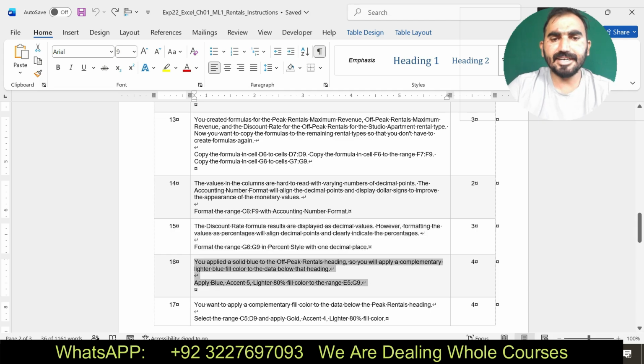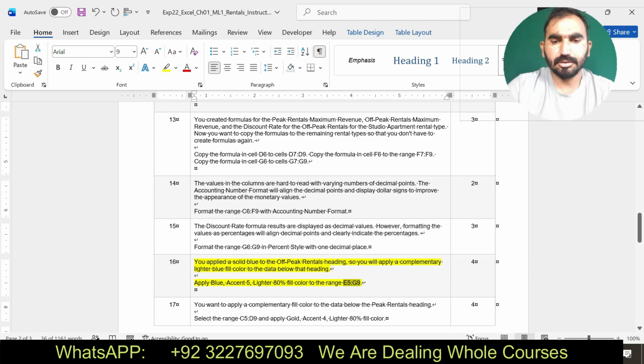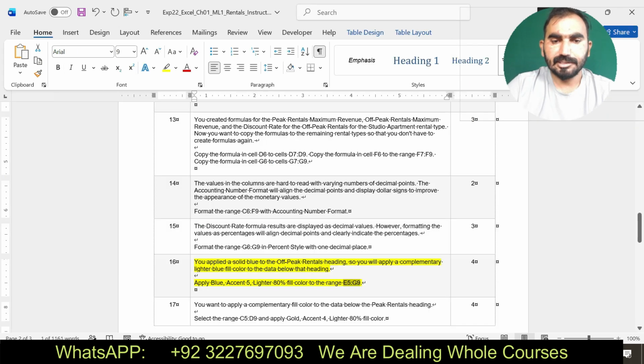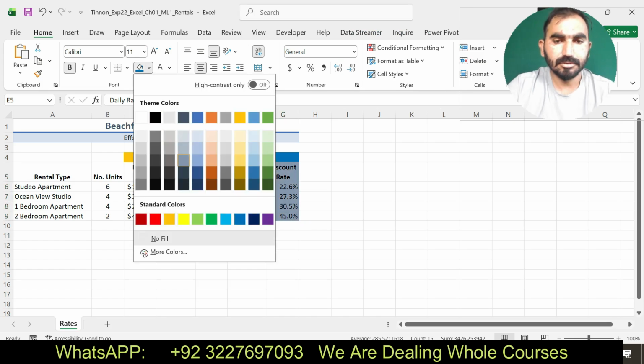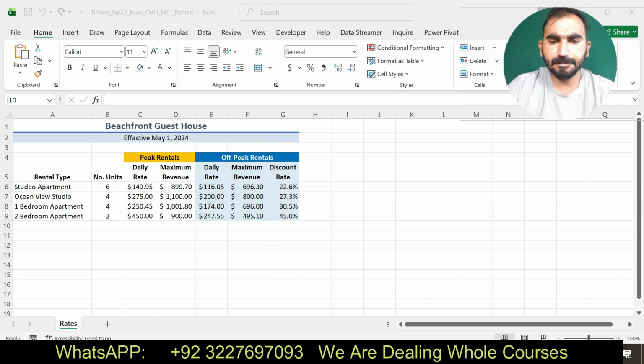Apply Blue, Accent 5, Lighter 80% fill color for the ranges E5 to G9. Here you can see I have applied this one.